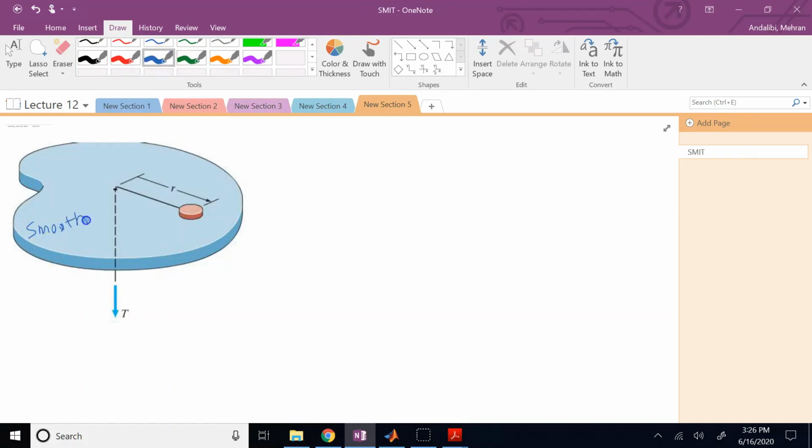And M is 1 kilogram. In part A, it says that R is 1 meter, and the velocity of the particle is 2 meters per second. How much is T? So if you draw the free body diagram of this object, as you look at it